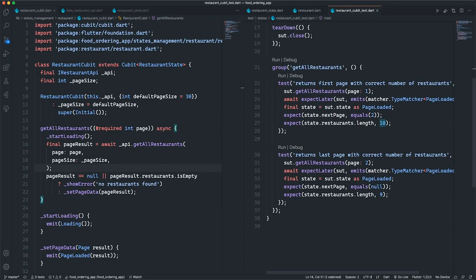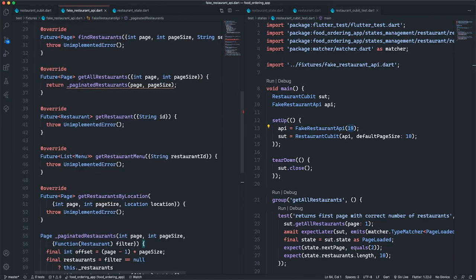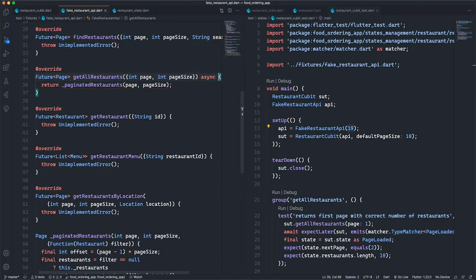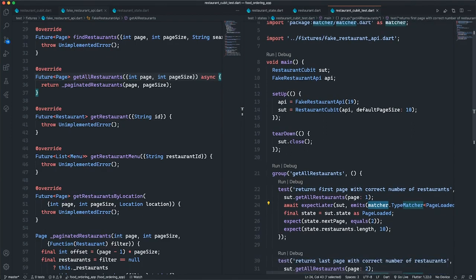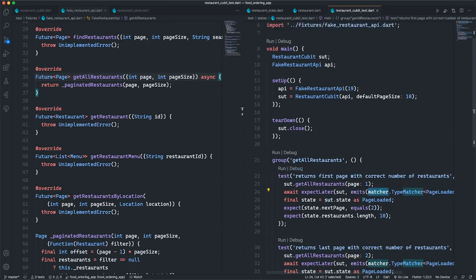The same thing goes for the last page. I expect it to be 2, and I expect page loaded, expect next page to be null since it's the last page, and I'll expect the result to be 9 since I am working with 19 restaurants. Now I should go ahead and correct this error here by making this method async. And if you're wondering where this matcher comes from, it's a Flutter package that you import and namespace, then you have access to the type matcher. So if I go ahead now and run this test,